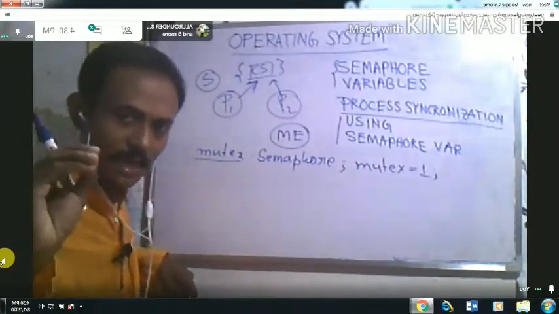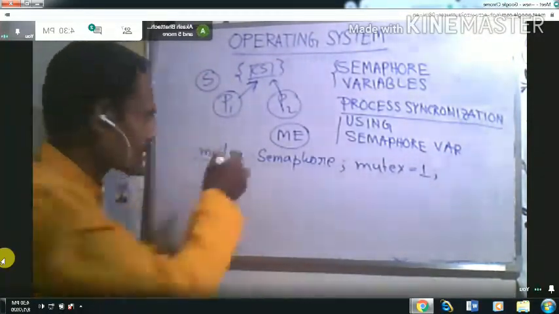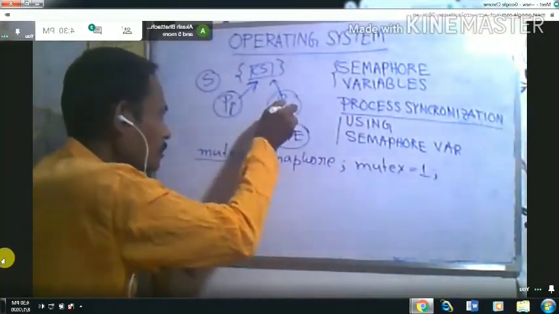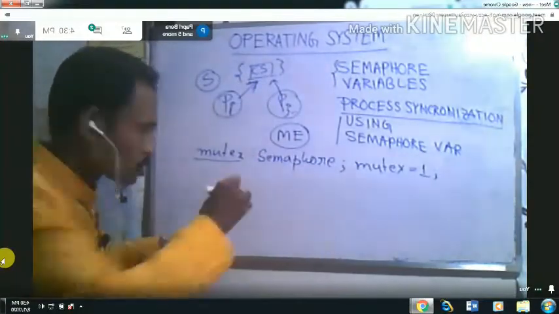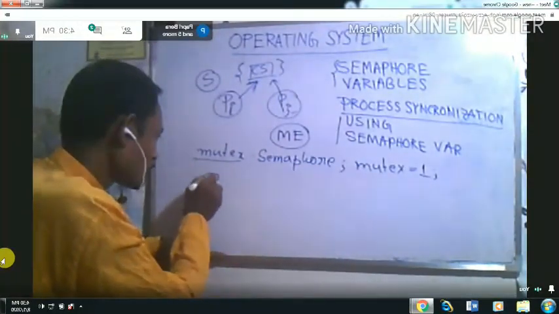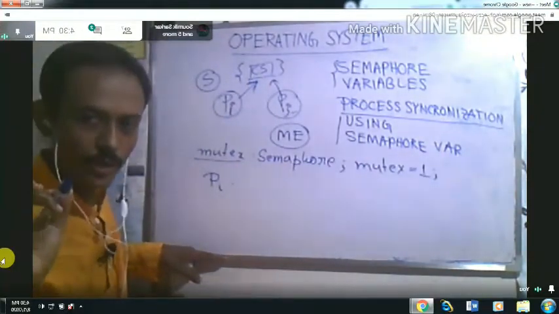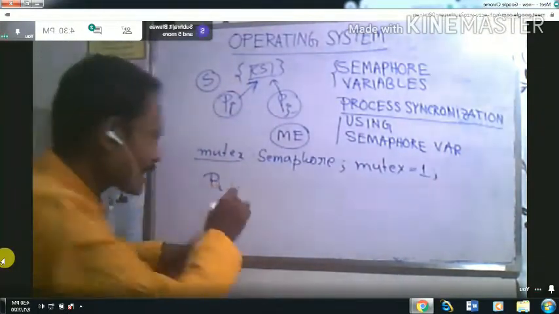Now suppose there are two processes, Pi and Pj. One process is Pi, another process is Pj. So in the Pi process, what will happen? We already know that there is a critical section.